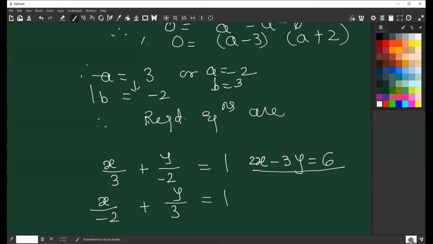And here also you multiply by minus 6. If you multiply by minus 6, then this becomes 3x. You are multiplying each term by minus 6. So minus 2y is equal to minus 6. So take it here, plus 6 is equal to 0. So these are the two equations. All of you got it? Anybody still solving? I can wait. Got it. Very good.